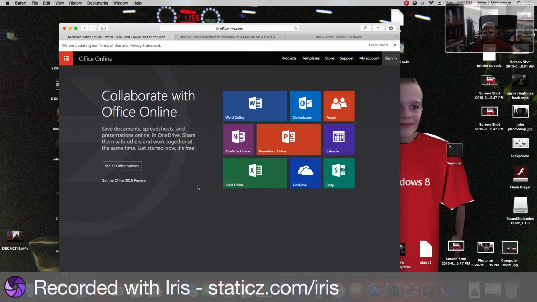The rest of the description says, share them with others and work together at the same time. Get started now. It's free. And yes, Office Online is free. It's free to use. With the help of a Microsoft account, that's all you need. And then you get access to all these functions,